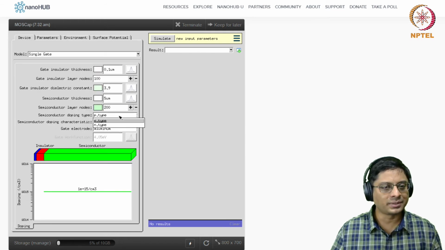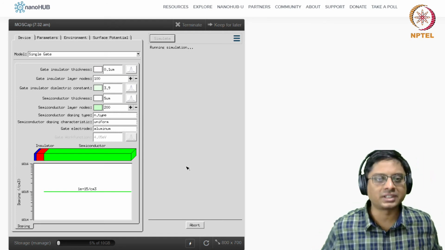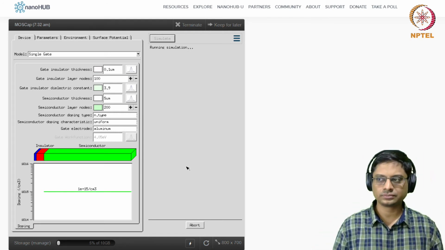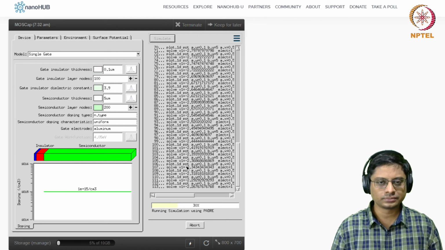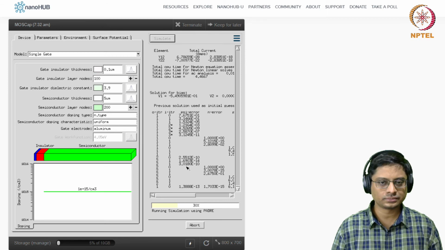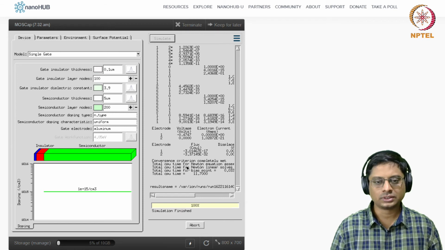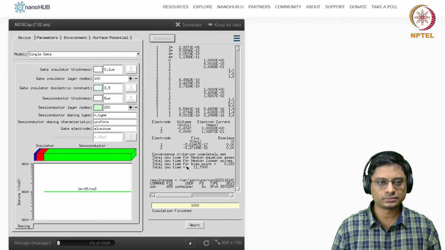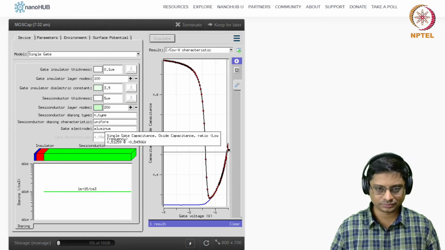Let's go back now. I cleared all the simulations. Let's try to look at an N-type semiconductor doping. Okay. If I do that, I just kept aluminum again. Let's see what we get. Okay, so now we have started to invert.